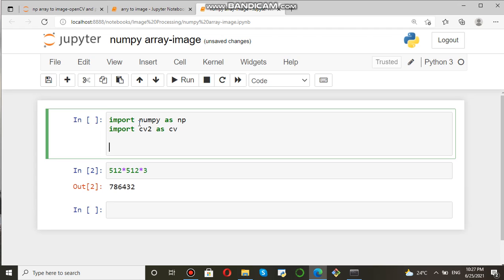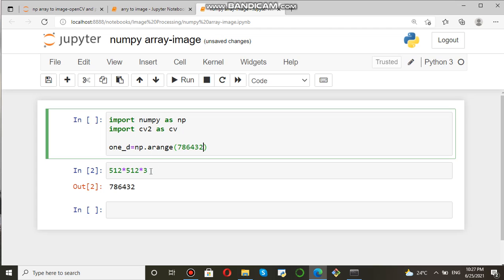Now create a one dimensional array, 1D array, using np dot arange function. It is in the numpy package, okay, and then 786432.